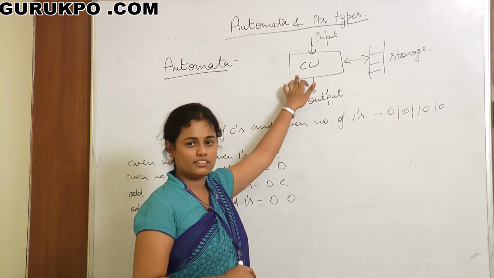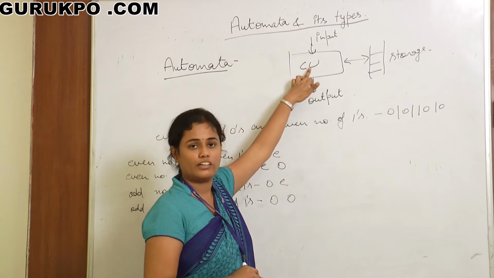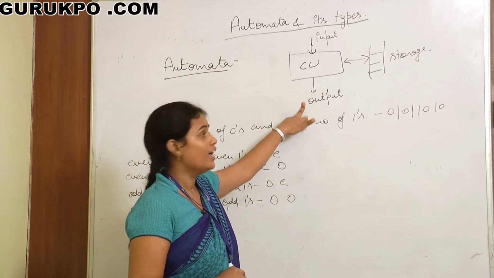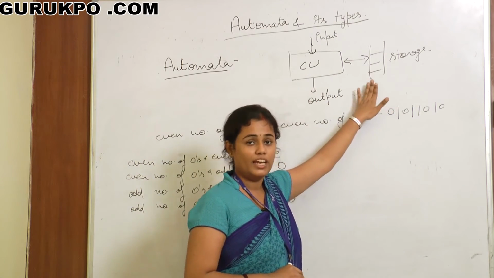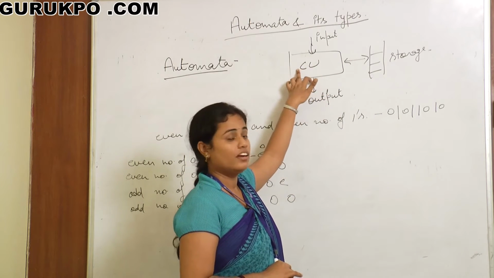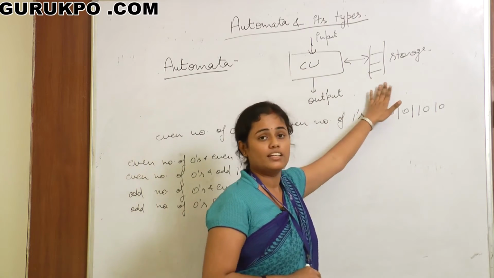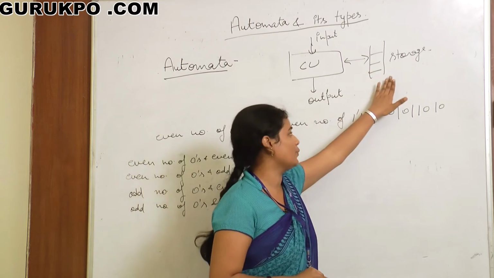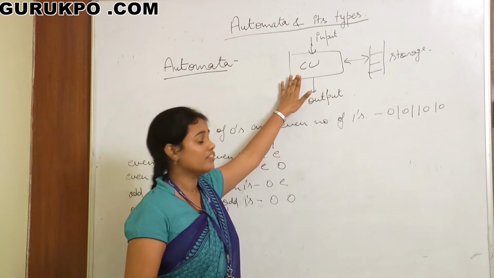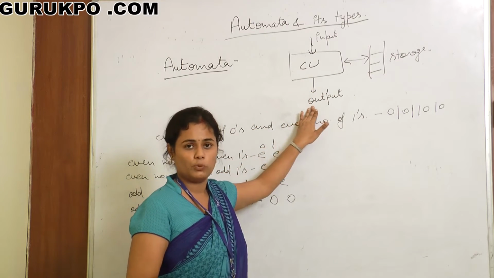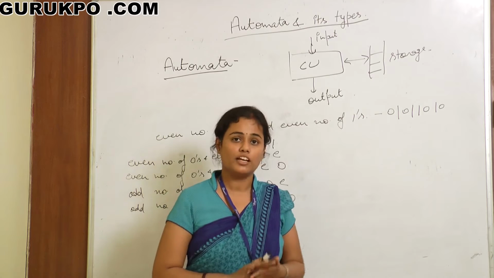Suppose this is a machine. The CU stands for control unit. We are giving the input to the machine, to the control unit, and we will get the output. And since we are talking about a computer, we are using some storage. This storage is temporary. If we are doing some calculation, we give input, then we can store the temporary output in our temporary storage, and then we can use this stored value for a calculation, and then we will get some output. This is automata, which means the machine is doing the whole work, no manpower is required.